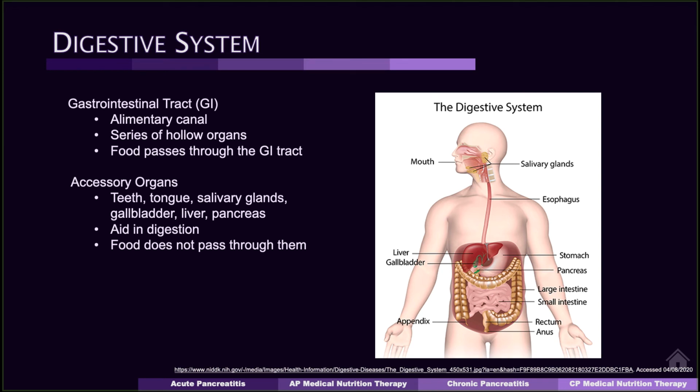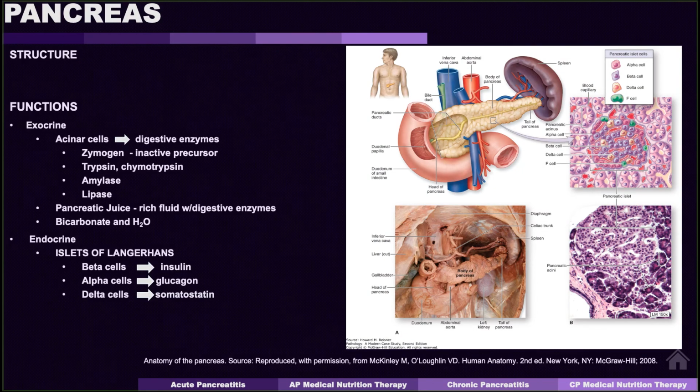The pancreas is a retroperitoneal organ. It is located behind the stomach between the duodenum and the spleen. It has a shape similar to a tadpole with a head, a body, and a tail. The pancreas is the only gland that performs both exocrine and endocrine function. 80% of the gross weight of the pancreas is dedicated to supporting exocrine function, and the remaining 20% is dedicated